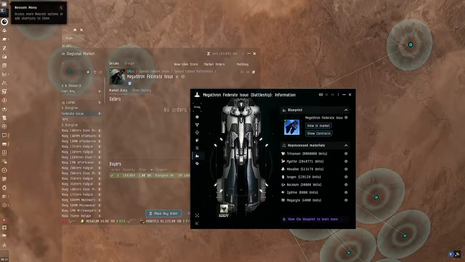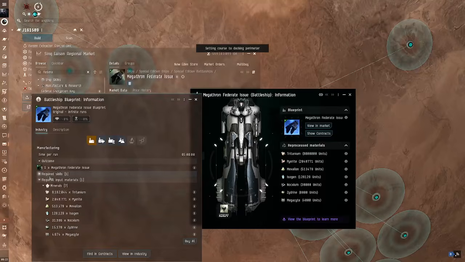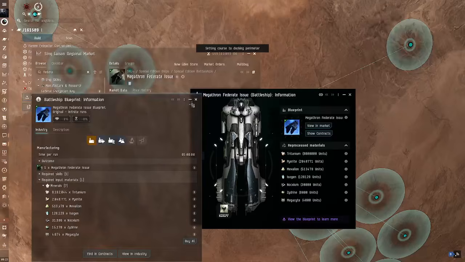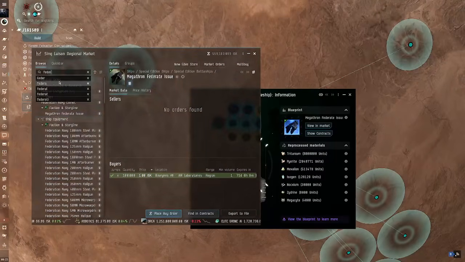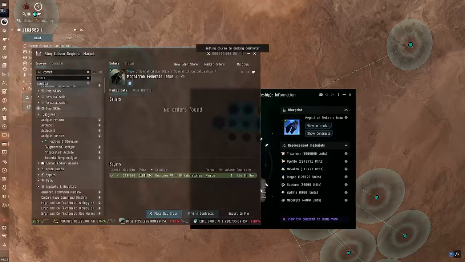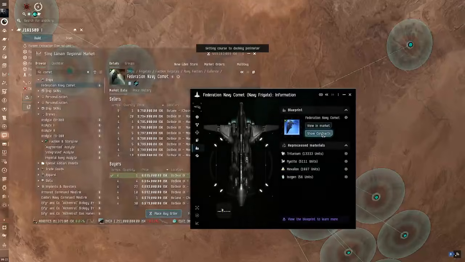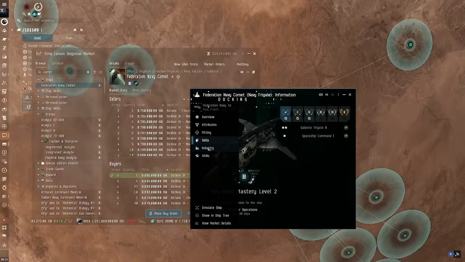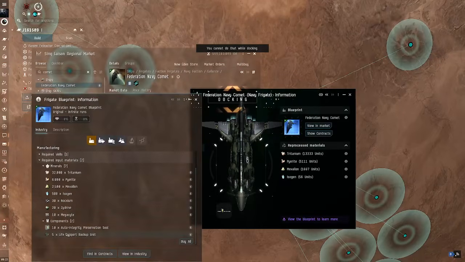It's gotta be industry, but alright, let me click on this. That's funny. The Megatron Navy issue doesn't require. Okay, Federation Navy. Comet. There you go. Come on. I want to just showcase you what I actually use. Ah, there you go. As you can see here,